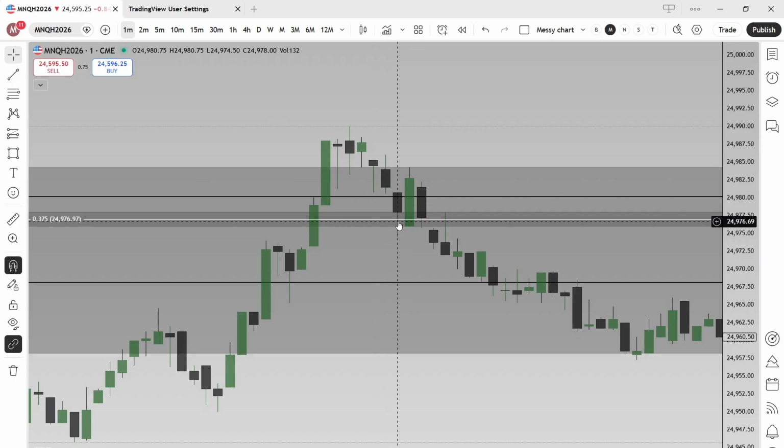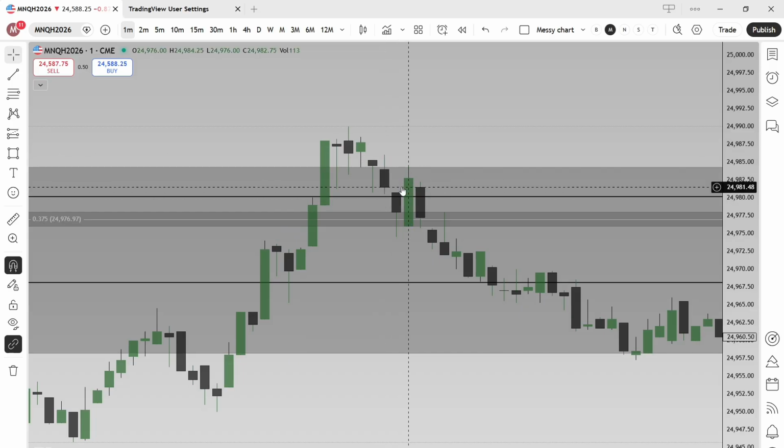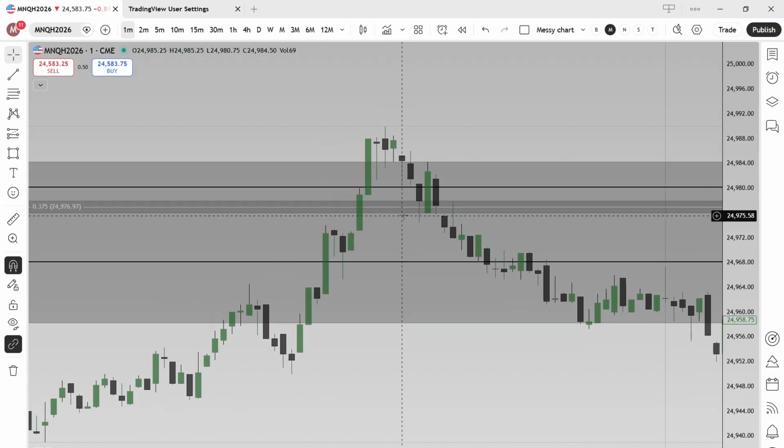This is a suspension block, so this follows the rules of suspension block. You put your stop loss above here or above here, and you're safe. But if you put your stop loss somewhere in here, you're not safe. And then